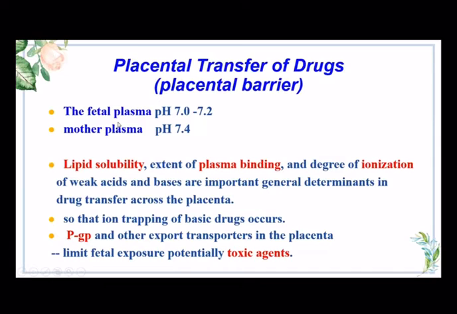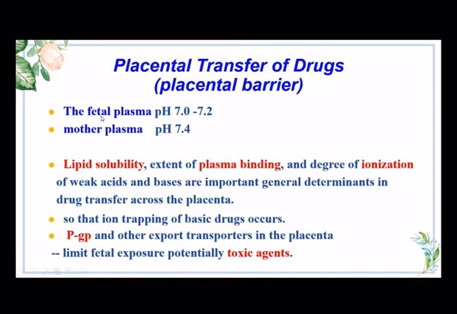The fetal plasma pH is 7 to 7.2. Maternal plasma pH is 7.4. Lipid solubility, extent of plasma binding, and the degree of ionization of weak acids and bases are important general determinants in drug transfer across the placenta, so that ionization of acidic or basic drugs occurs. The fetal plasma is a little more acidic than maternal plasma, so basic drugs are more easily trapped